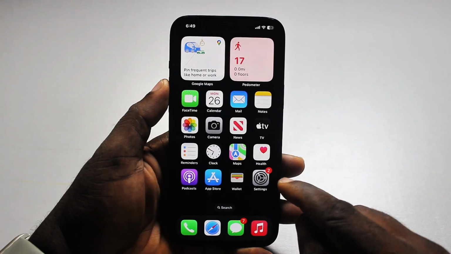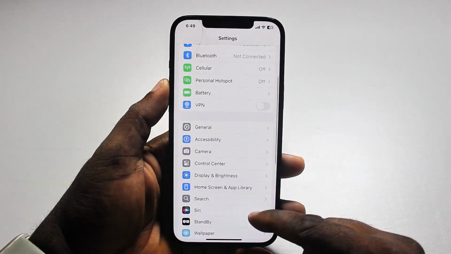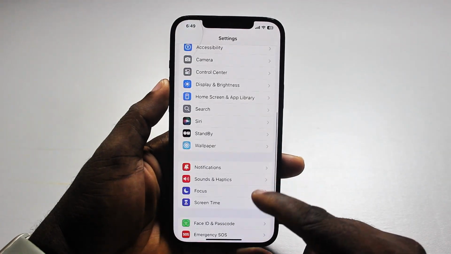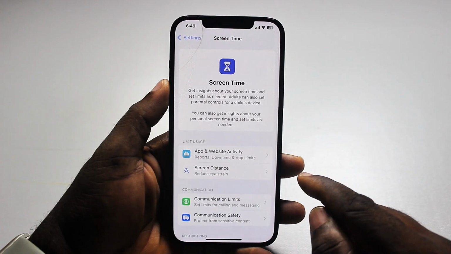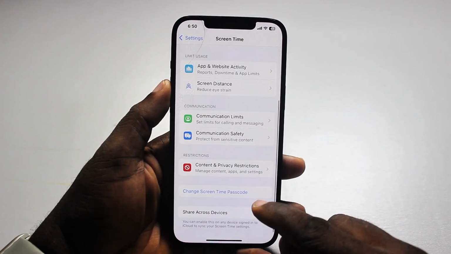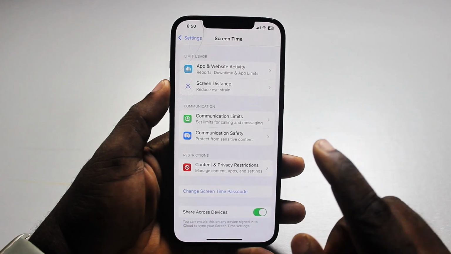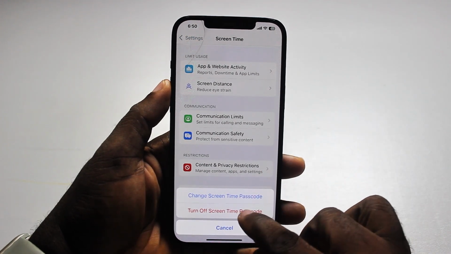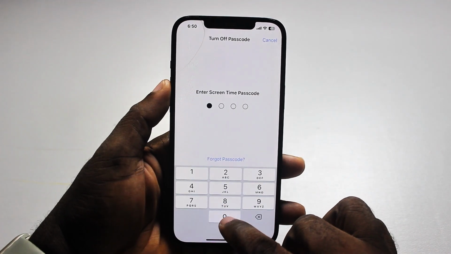So go ahead and open the Settings app, scroll down the settings, locate and click on Screen Time. Now, two things are involved. It's either you turn off the screen time or you remove the passcode from your screen time. To do this, just go ahead and click on Screen Time Passcode, turn off Screen Time Passcode, confirm the Screen